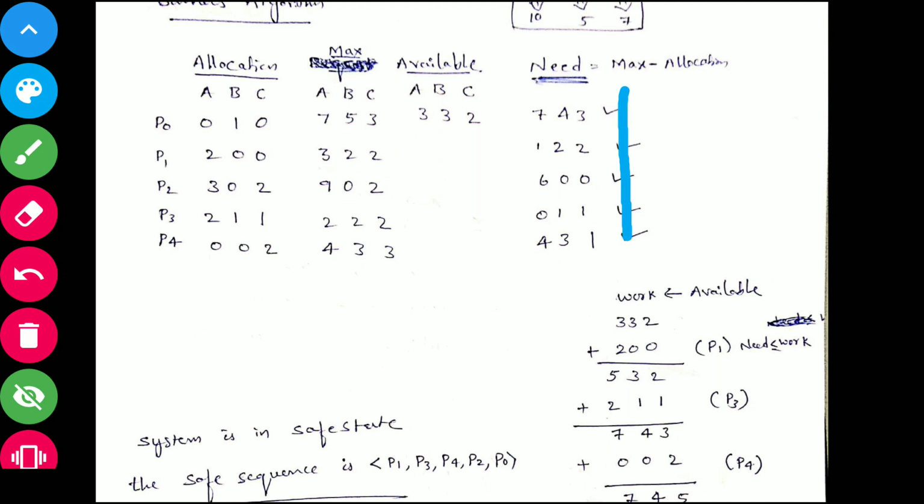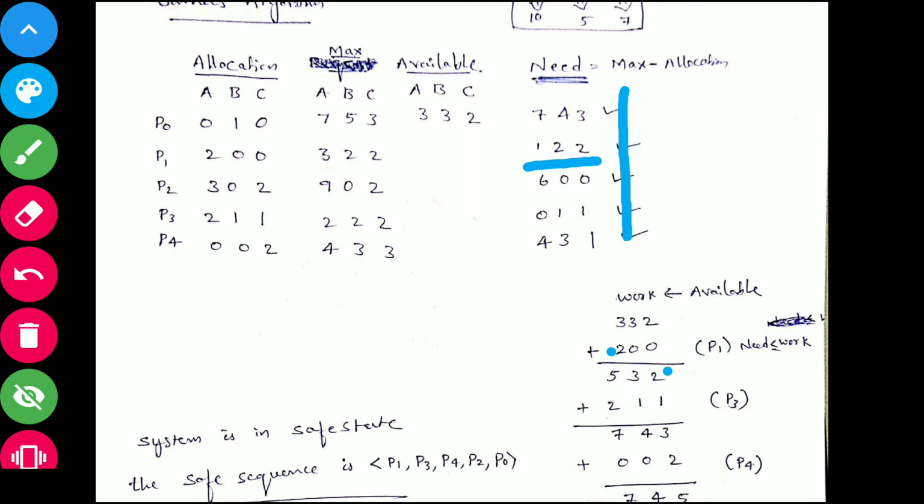Yes. 1 is less than 3, 2 is less than 3, and 2 is less than or equal to 2. So we can allocate this need. We can give this need, we have 332, and p1 needs 122. Definitely we can give that, need is less than work.